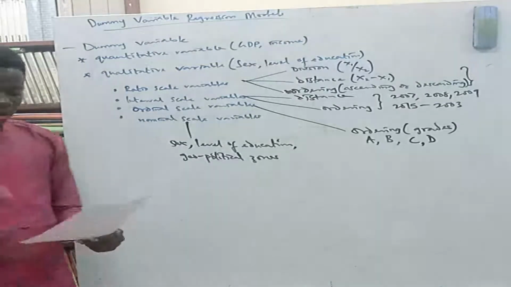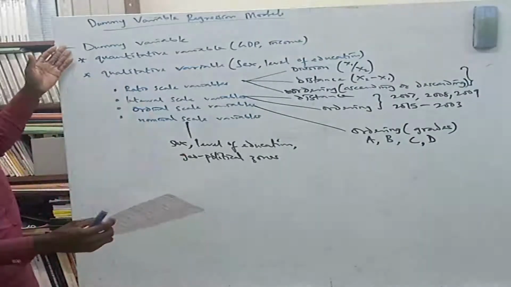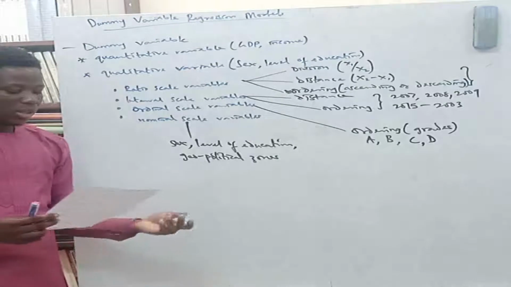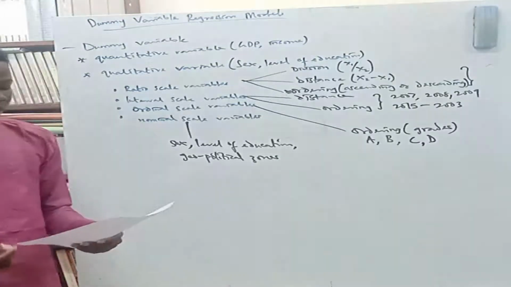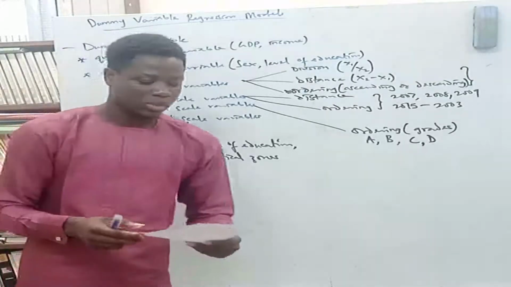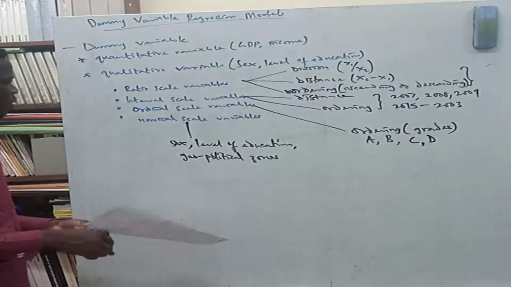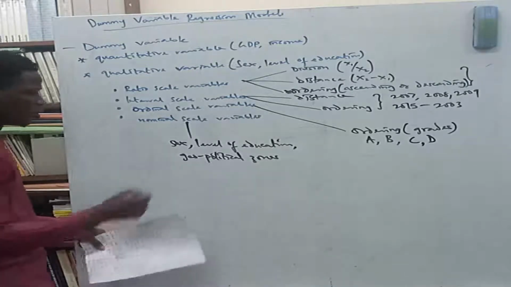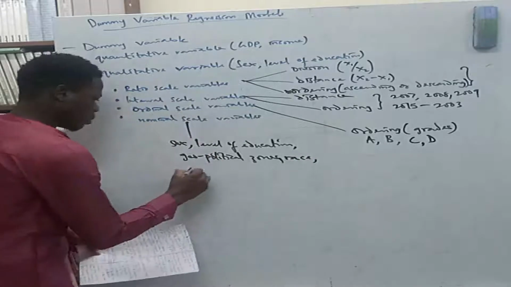And one thing you should take note of, as I've said before, is that there are other names you can call dummy variables. You can call them indicator variables, categorical, or qualitative variables. To add to the nominal scale, you can have race, then you can have color,